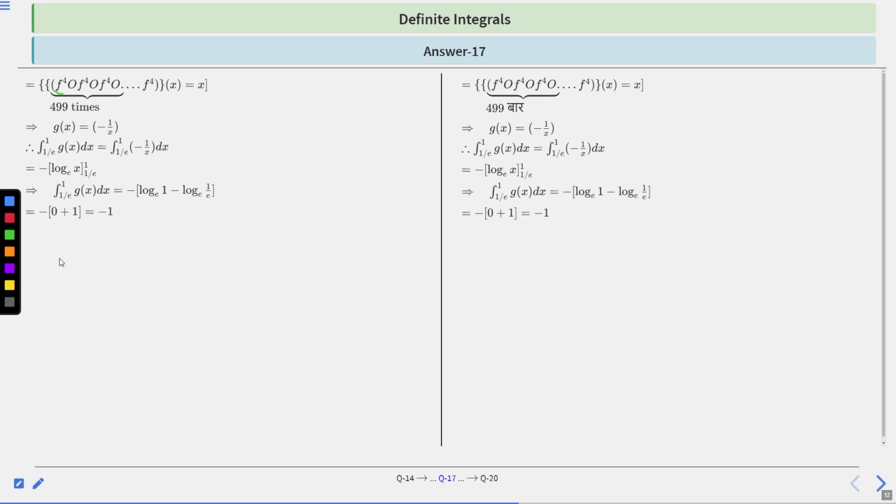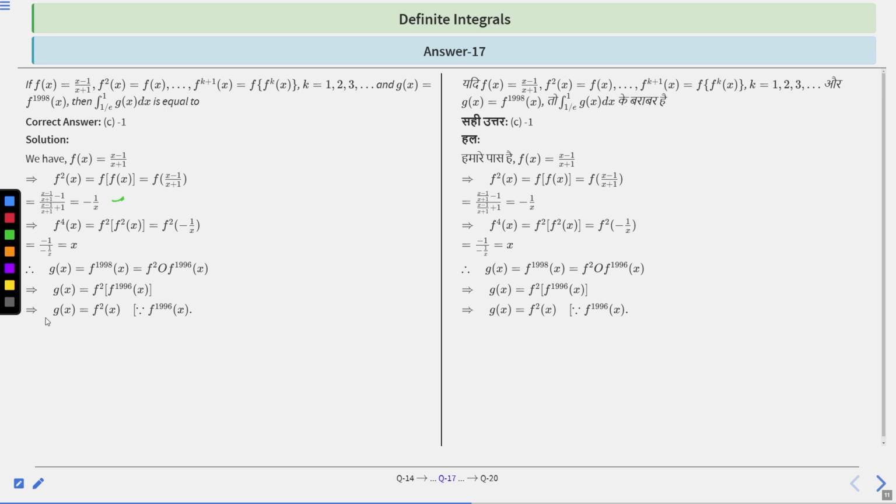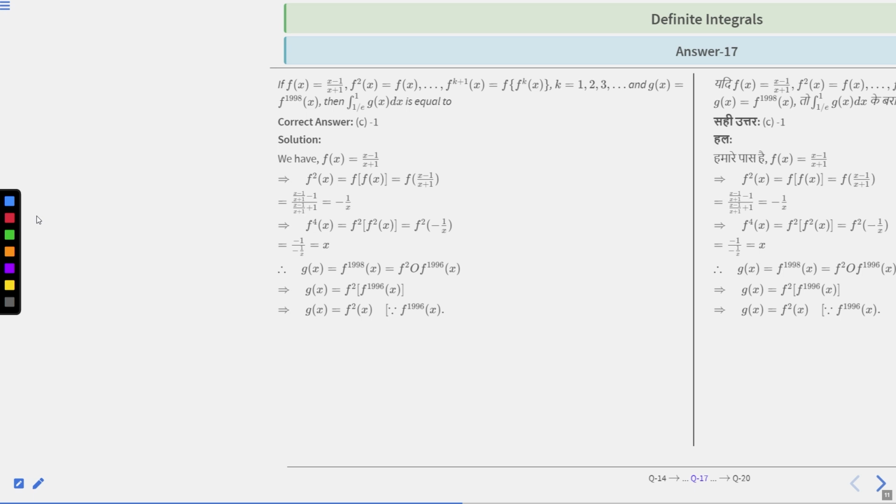Okay. So try to understand again. If you do not understand this, try to understand these steps again. Try to write in your notebook, and try to solve step by step. You will easily get it. And if you do not understand, then repeat the video one or two times for this question, then you will easily get it, right? So I think option C is the right choice.